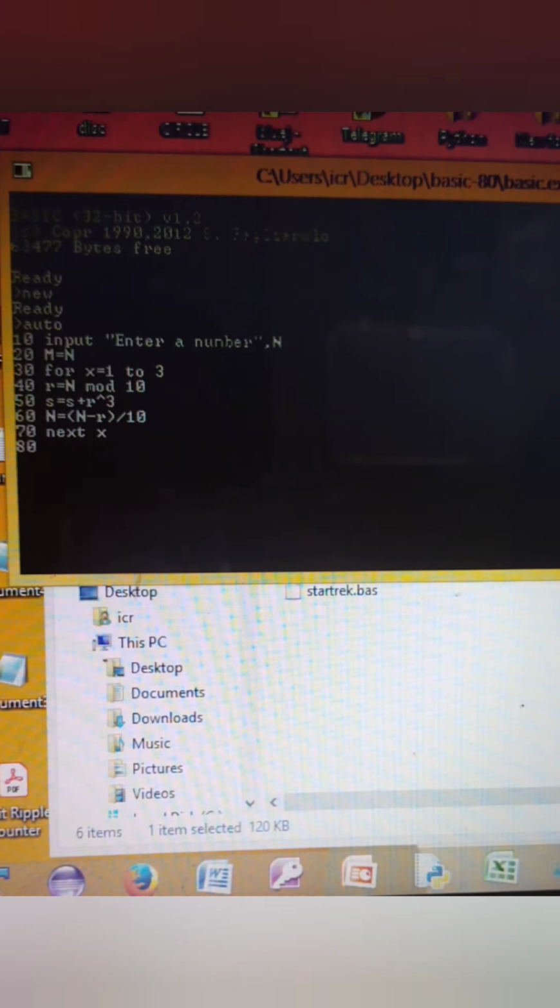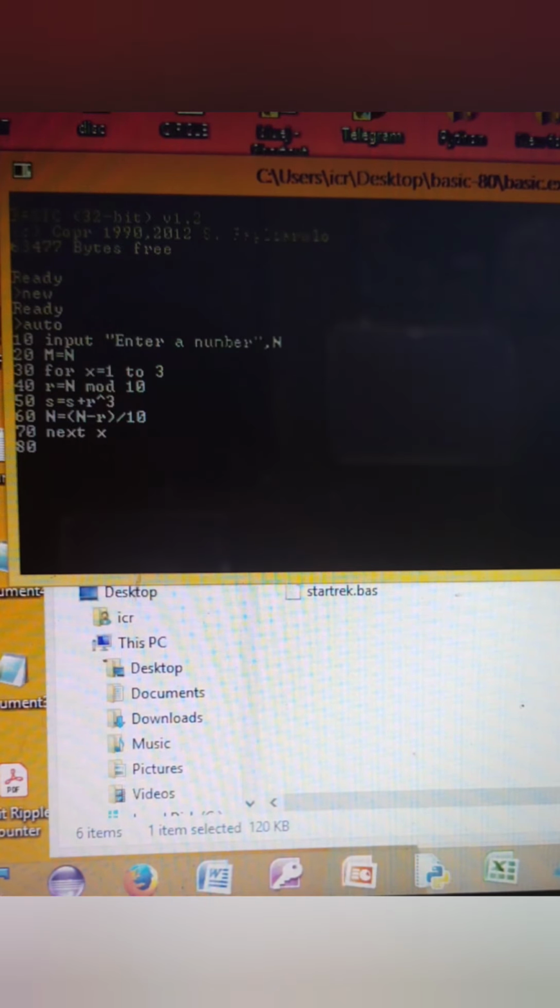N is equal to n minus r divided by 10. N was initially 15. 15 minus 5 will give us 10. 10 divided by 10 will give us a quotient 1, because 10 ones are 10. So you get the value of n as 1.